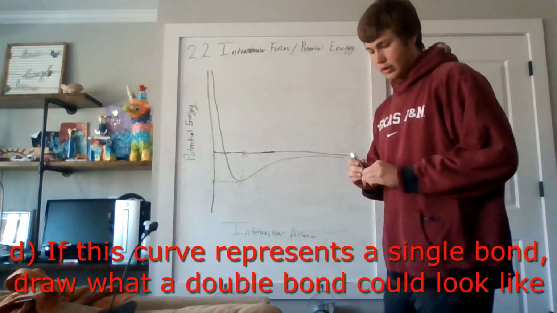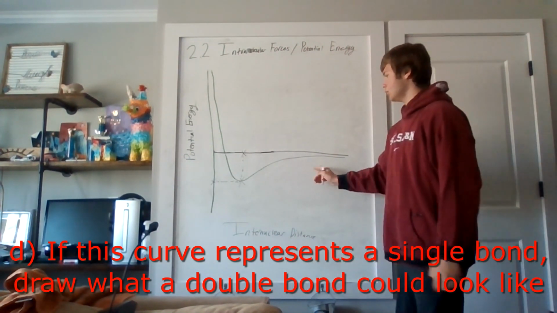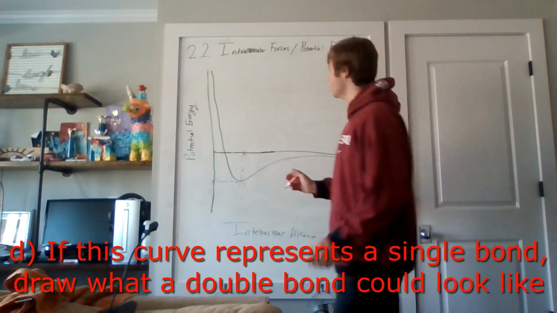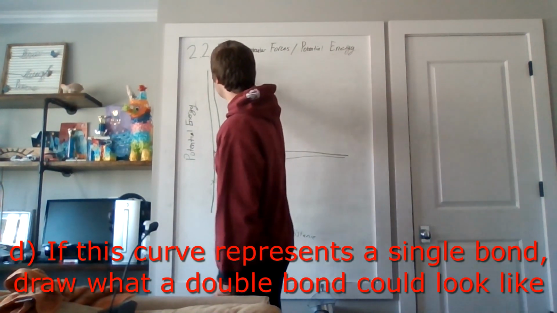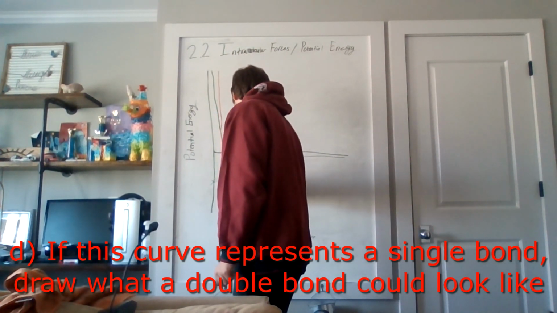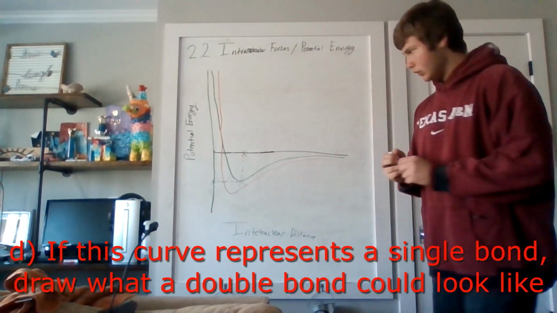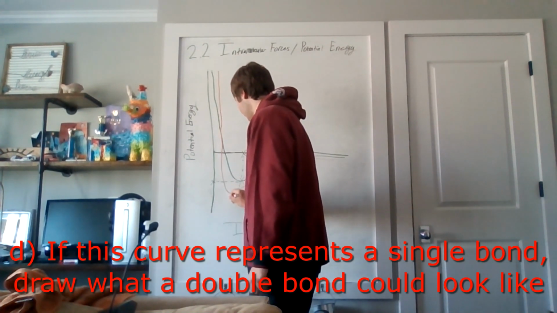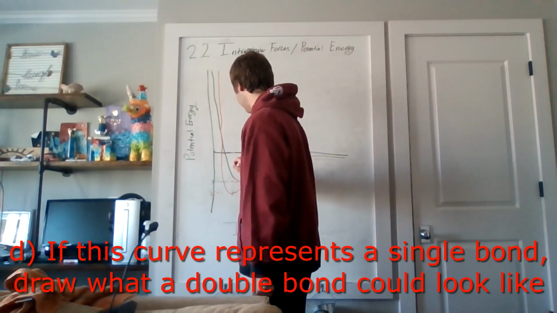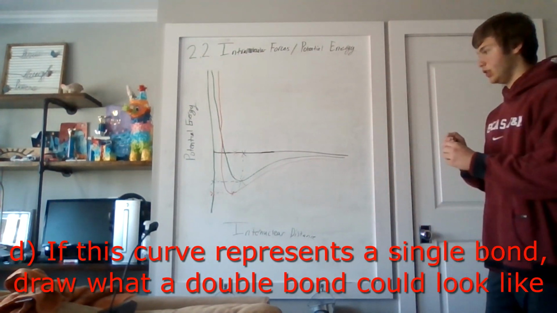Now, the problem wants us to draw, if this line here were representing a single bond, what a double bond would look like. So, all we have to do is draw a line from here down, goes deeper like that. So notice how the bond energy is greater and the internuclear distance is lesser, which is what we would expect from a double bond and what they would look for on